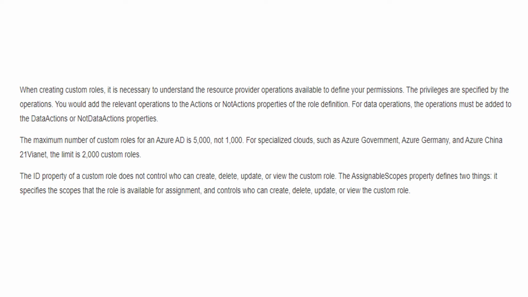Important points to mention here is that when creating custom roles, it is necessary to understand the resource provider operations available to define your permissions. The privileges are specified by the operations. You would add the relevant operations to the actions or not actions properties of the role definition. For data operations, the operation must be added to the data actions or not data actions property. Also, the maximum number of custom roles for an Azure AD is 5,000, not 1,000 as stated in the question. For specialized clouds such as Azure Government, Azure Germany, and Azure China 21Vianet, the limit is 2,000